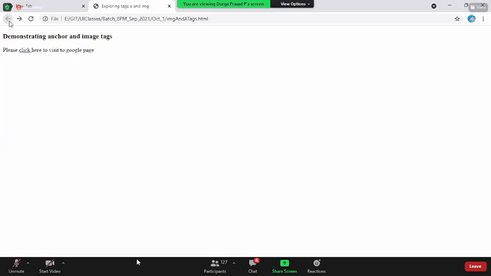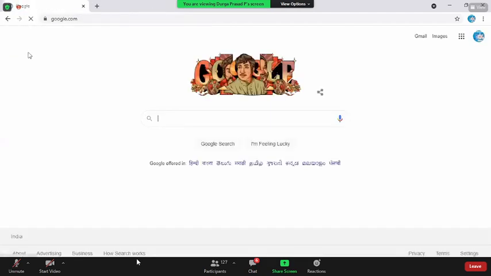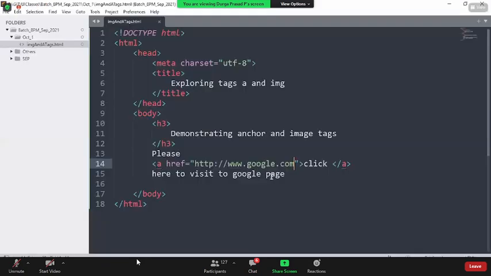One thing you see here is, whenever we click on the link, it replaces the current web page, isn't it? If you want that page to open in a new tab, you have something called target equal to underscore blank.